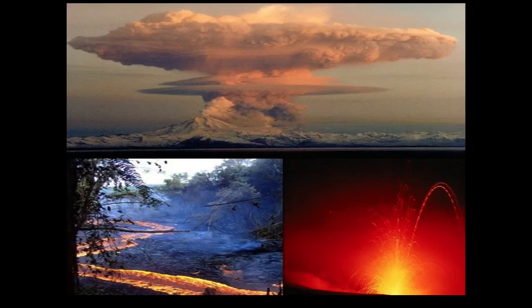You can see the consequences. This is the fast ash cloud. You can see it's looking too big, but it takes a fraction of a second to form. Just in a second the volcano erupts and all this occurs. See, this is the moving lava. You can see here everything is converted into ash, all the plants, animals, etc. And you can see how it looks at night. It's looking nice, but it is also too dangerous.